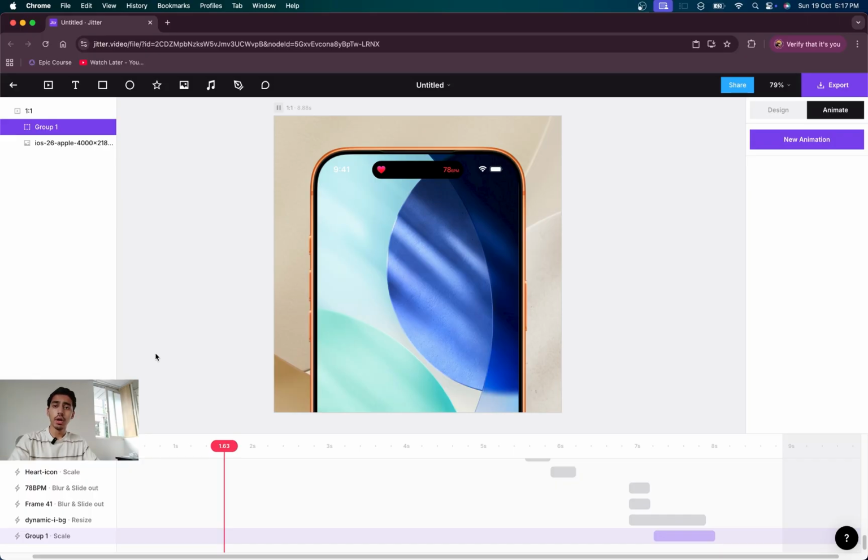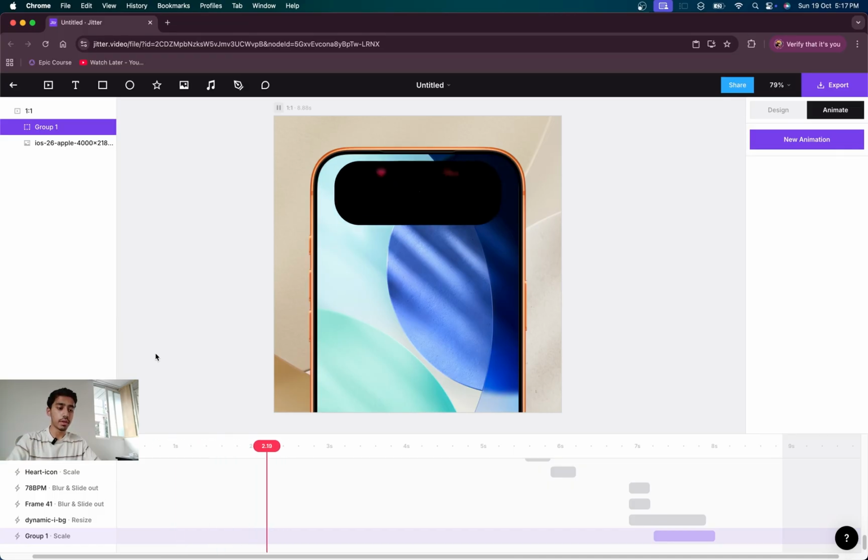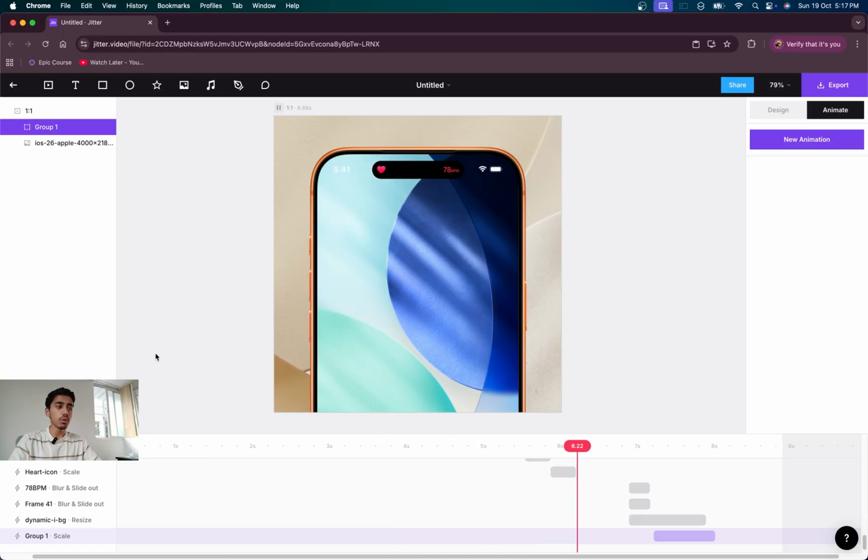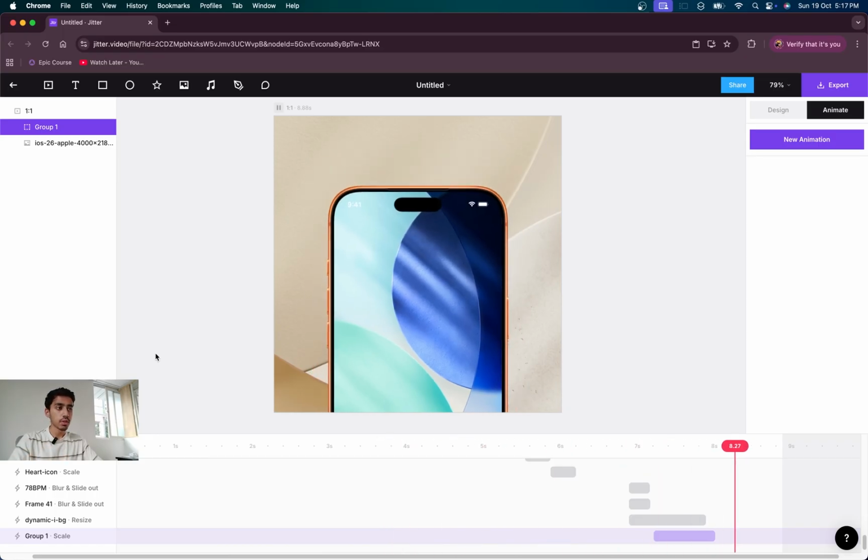The only thing left now is to export it. Now here comes the question, because Jitter has a freemium model. It is not completely free. It is not completely paid either. So follow along. When you go onto the export button at the top right, press on it, you see a